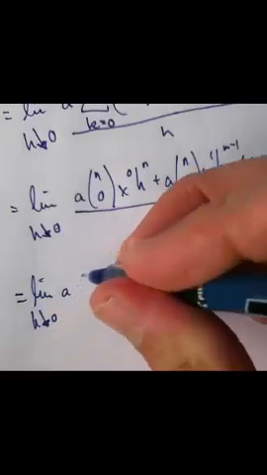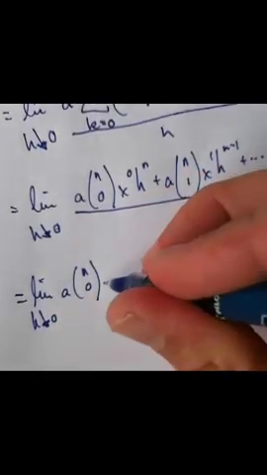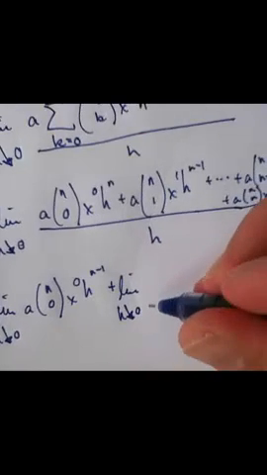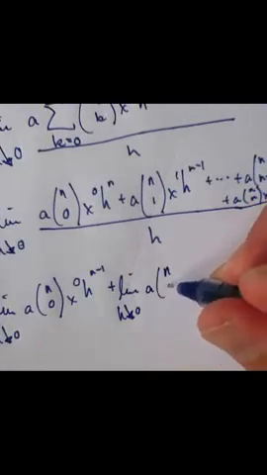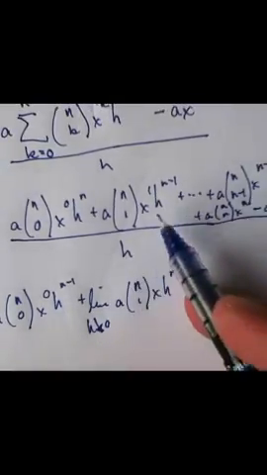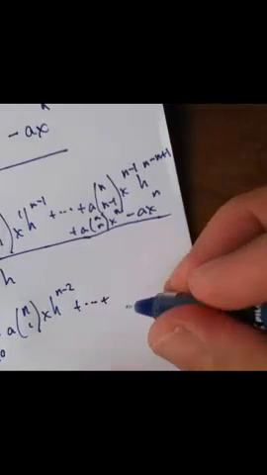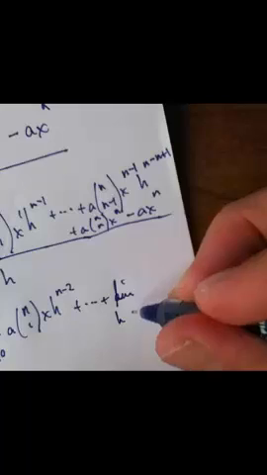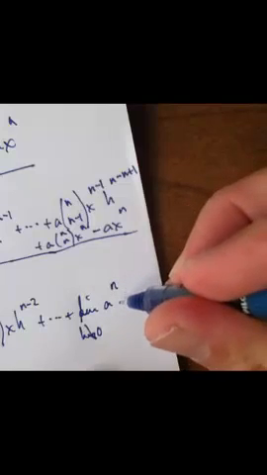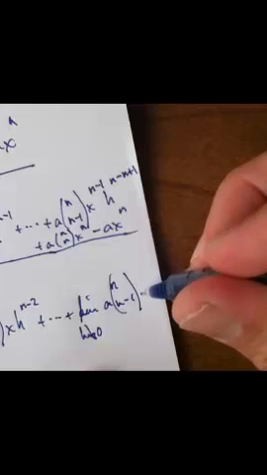be the limit as h goes down to 0 of, so I'm going to break this off into several terms here. This is a times n choose 0, x to the 0, h to the n minus 1. I'm dividing through by h, okay? Plus the limit as h goes down to 0 of a times n choose 1, x h to the n minus 2, dividing h into that term as well, plus dot dot dot, plus, oops, sorry, forget my limit symbol. The limit as h goes down to 0 of a times n choose n minus 1 times x to the n minus 1